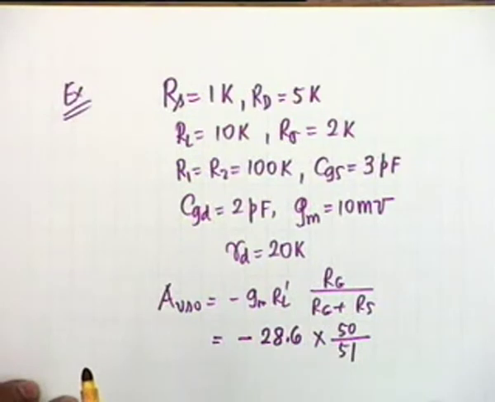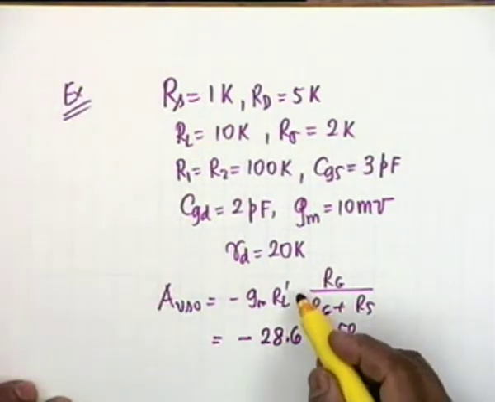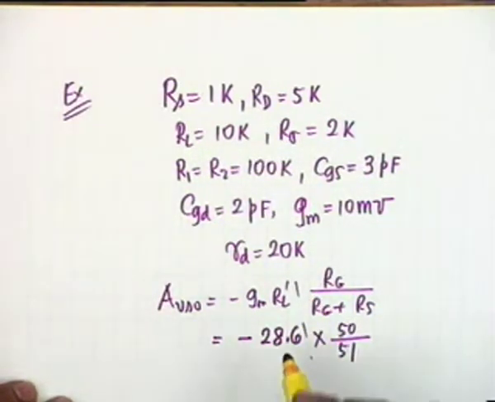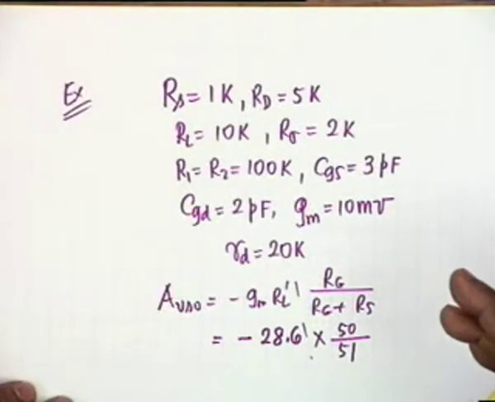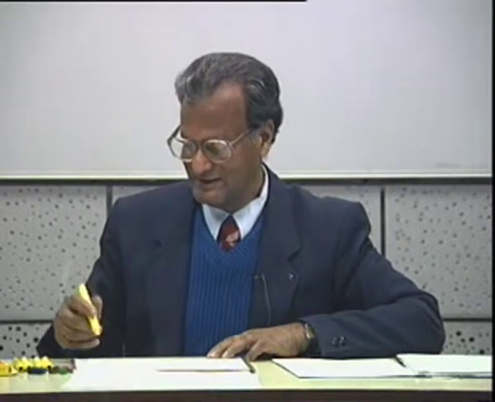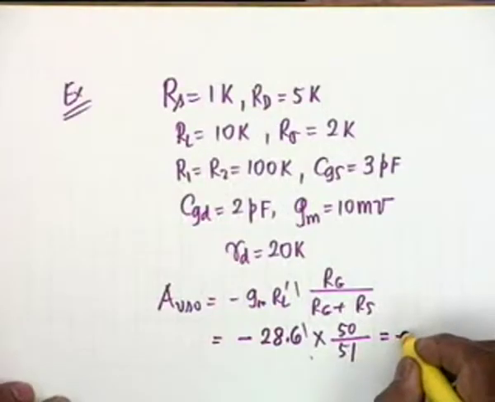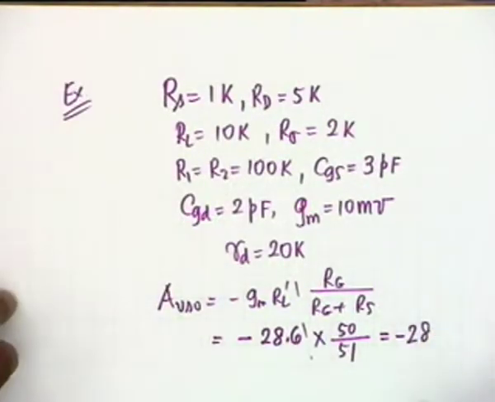Why did I calculate this separately? This I will require for the Miller capacitance. Miller capacitance is CGD multiplied by 1 plus. Now if you put this in a calculator and calculate, you will soon discover that you will have to go back and calculate the GMRL prime also. So it's better to calculate this in 2 steps, and this becomes minus 28 approximately,